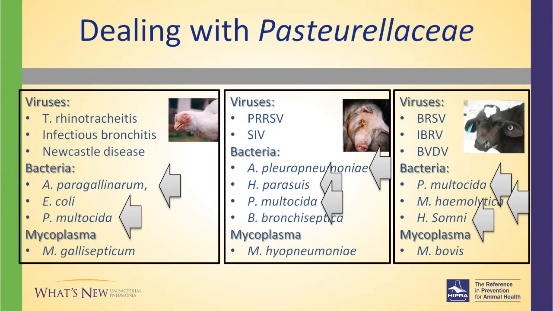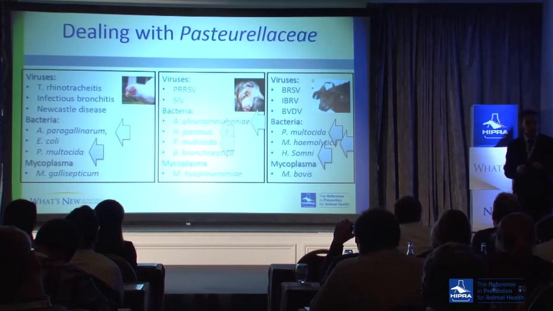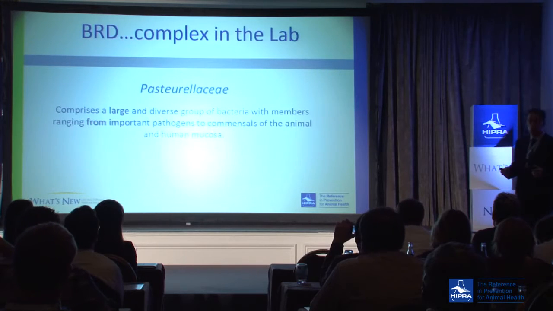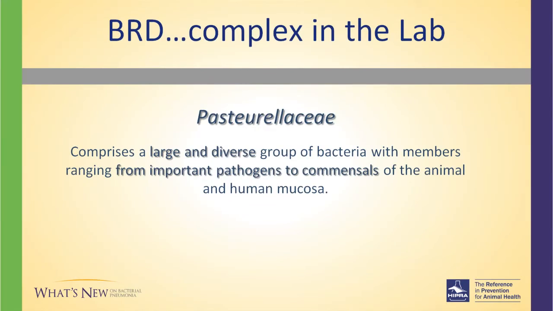They are all bacteria, and they are all involved in respiratory disease in food animals. And they are very different among them. I mean, we have here Staphylococcus and also Haemophilus, Pasteurella multocida. They are quite different among them, but there are some biochemical features and some biological features that are common. And that's why these bacteria are all allocated taxonomically in the same family, which is the Pasteurellaceae family, which is a big, big and complex group of bacteria